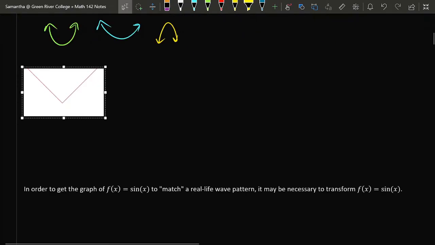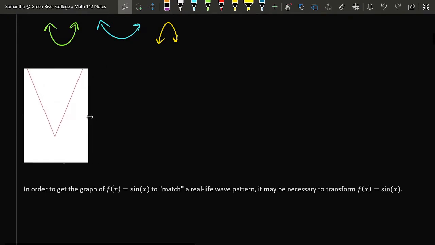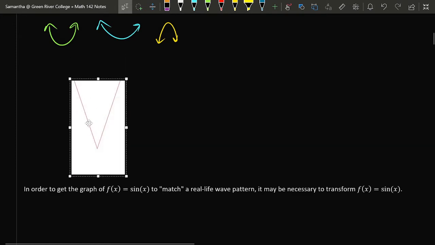A transformation is the kind of thing that you're doing when you, for example, manipulate an image in a computer. Here I've pasted an image of the basic absolute value function, and I can transform this image by, for example, stretching it vertically, or compressing it horizontally, or shifting it to the right, or shifting it up or down. All of these actions would give us something that's a transformation of the original absolute value function.